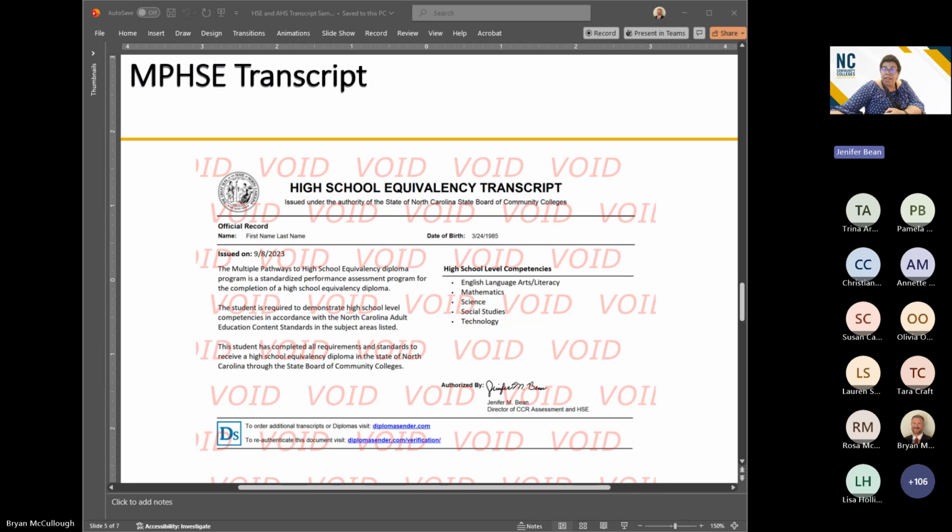Additionally, there is a technology component. There are no high school equivalency exams for technology, so we have some other options that a candidate can use to demonstrate their proficiency with technology in order to earn this high school equivalency pathway through multiple pathways. Because there are so many different elements that come together to create a multiple pathway completion, we don't have that same